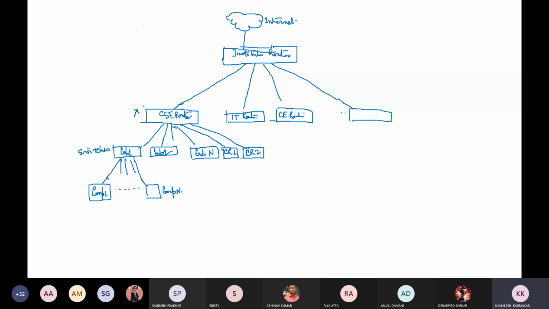But generally, in a ToR switch, the whole switch will not fail at a time. Some ports of that switch may fail. So that can be resolved. And there are some other techniques for this management. Okay. So this is the basic difference between a pre-structured network, which is being used in an academic institute or in a company like this. But in a data center, this type of network structure is not accepted at all. Okay. So this is the basic difference.